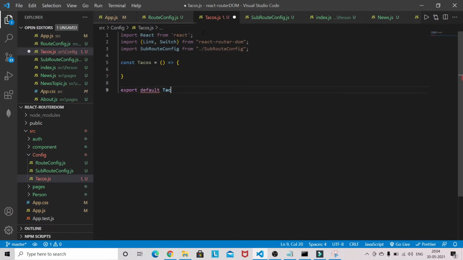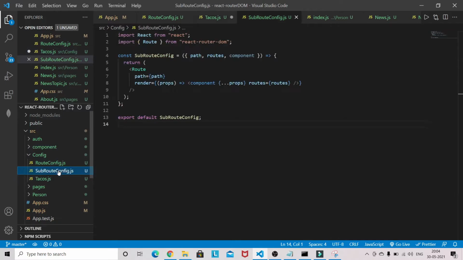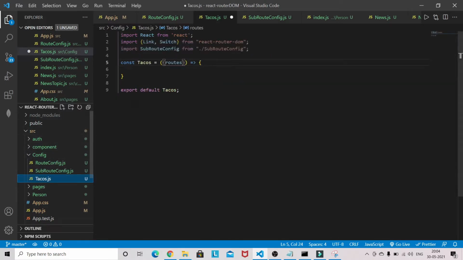Let me just export this one, and in taco we can destructure here. We can destructure the routes which we are handing from the hub route, this way.